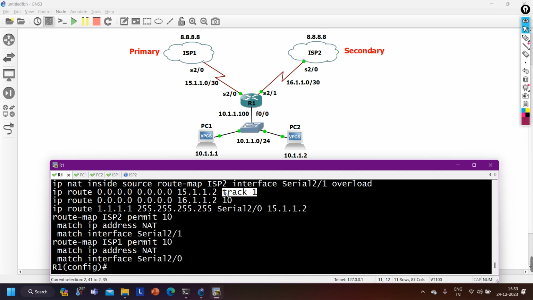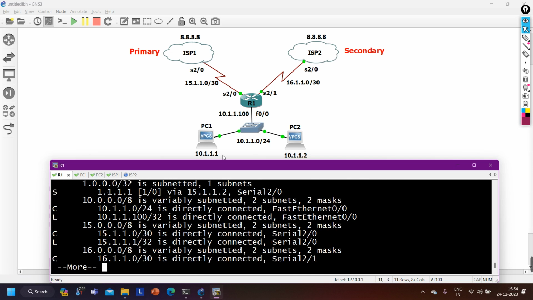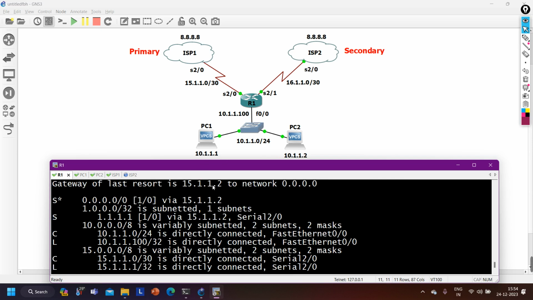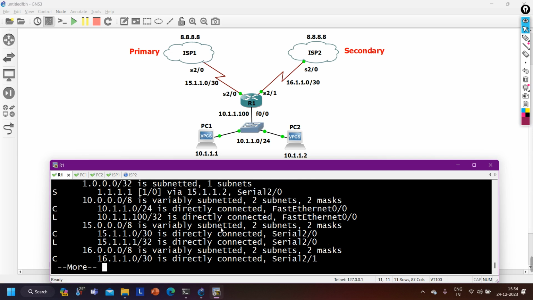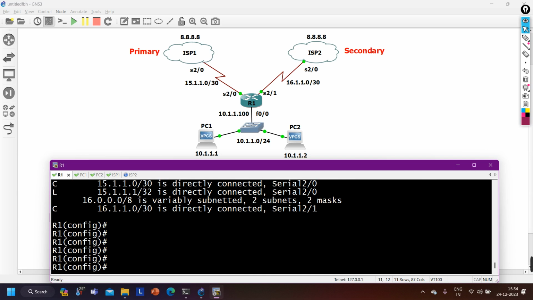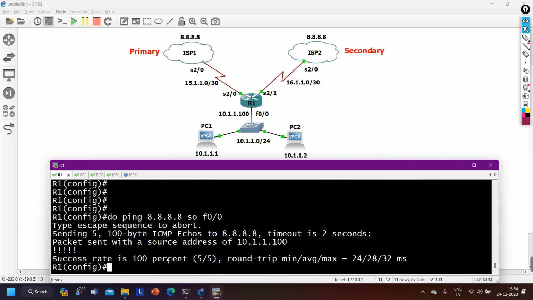So until and unless this track is up, the router will install this default route in its routing table towards ISP1. But if the track goes down, the router will install this default route in its routing table towards ISP2. For now, do show IP route. You can see in the routing table we have the default route towards ISP1, because my track is up. So now if you ping 8.8.8.8 with source F0/0, you are able to ping 8.8.8.8